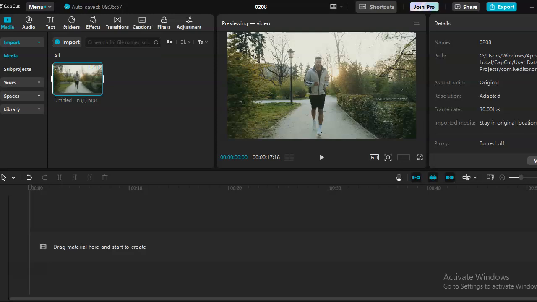Hi guys, in this video I will show you how to add music in Capcut PC, what you need to